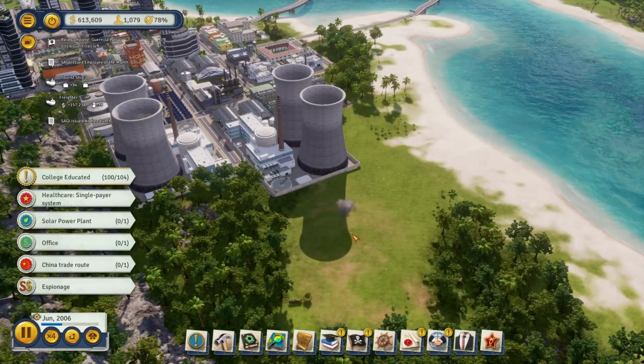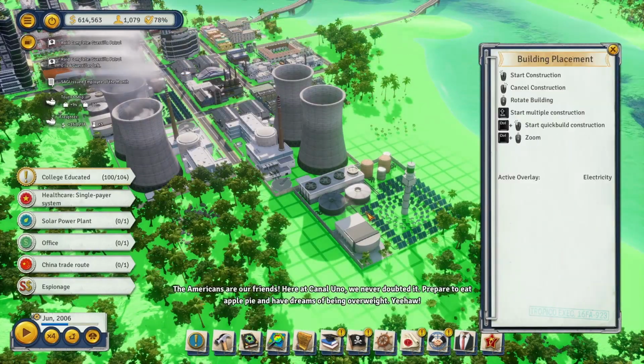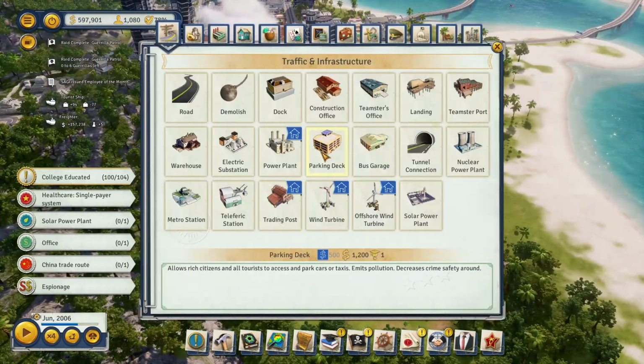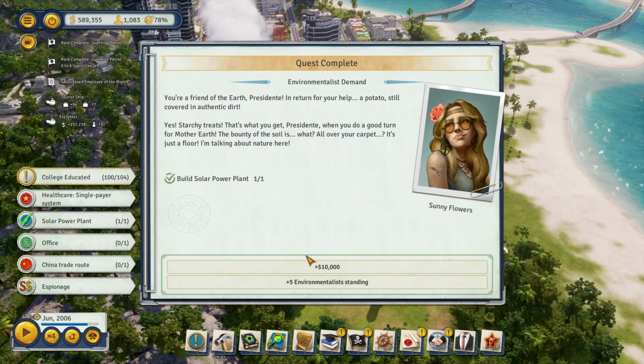You know what made me a success? Allies with America, that's cool. Americans are our friends. Here at Canal Uno, we never doubted it. Prepare to eat apple pie and have dreams of being overweight. Yeehaw! Cool. You're a friend of the...